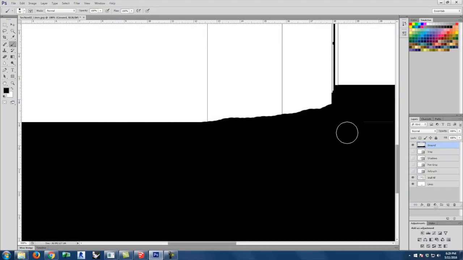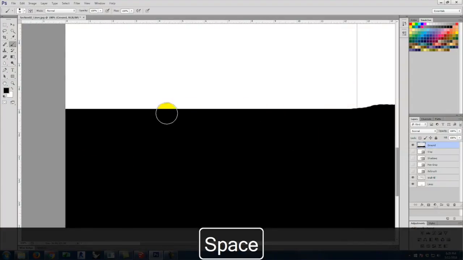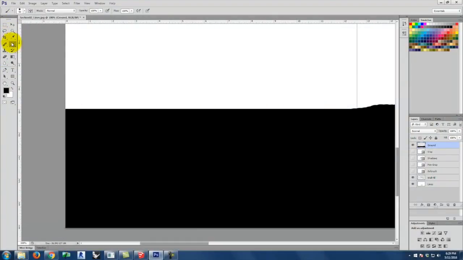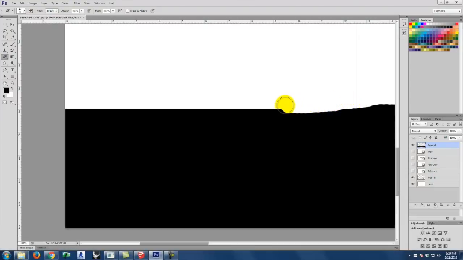Like that. And then maybe I need to use the eraser to start to make this go down a little bit further. So I'll use the eraser tool right here. Let's make our brush a little bit bigger. I can make this start to go down